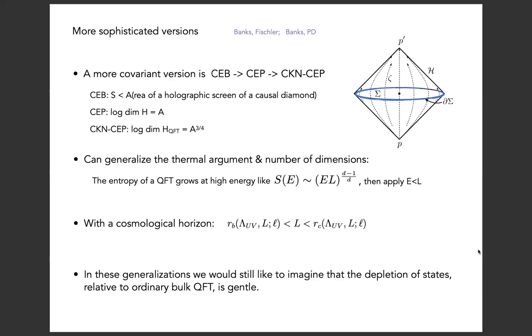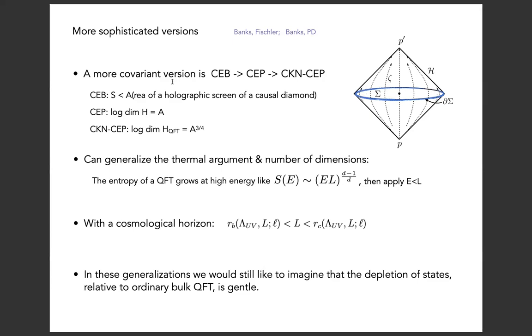Okay, just a brief comment on some more sophisticated versions of this stuff, mostly due to Tom and Willie. A more covariant version: you might object to the very non-covariant presentation so far. A more covariant version is to take the covariant entropy bound, which applies to causal diamonds, promote it to the covariant entropy principle, which says that the log of the dimension of the Hilbert space needed to describe physics of a geodesic observer associated with a causal diamond is the area of this so-called holoscreen,